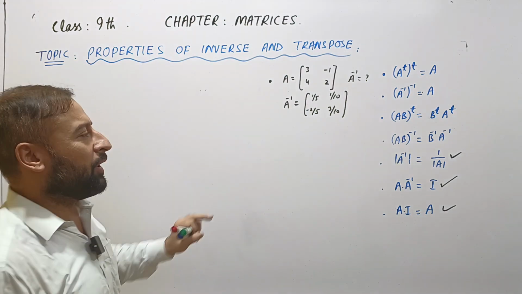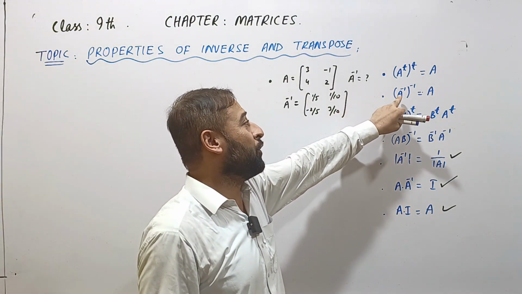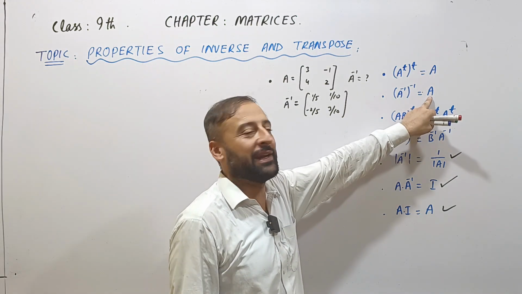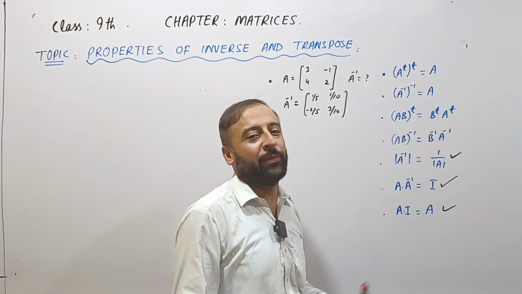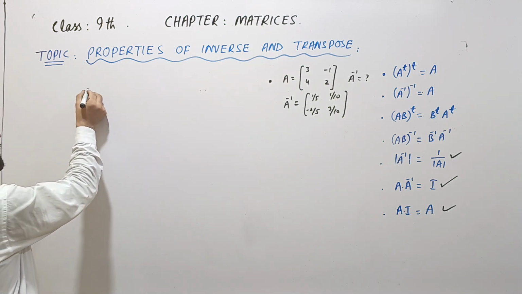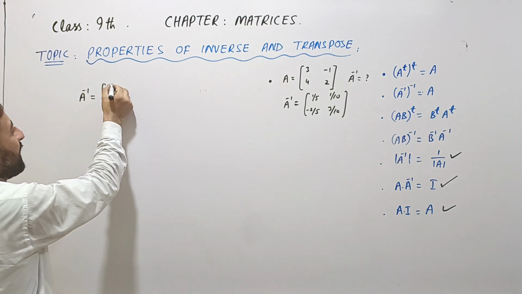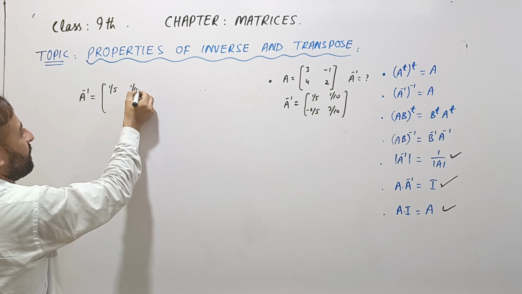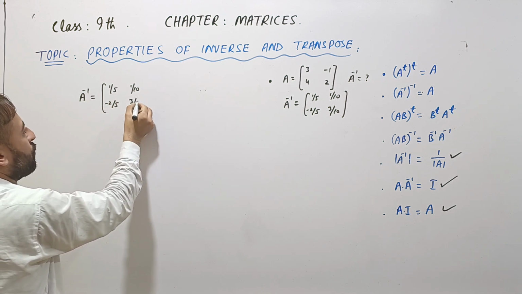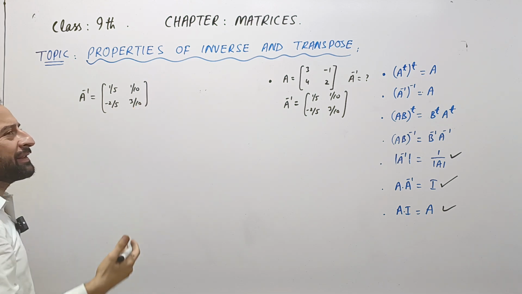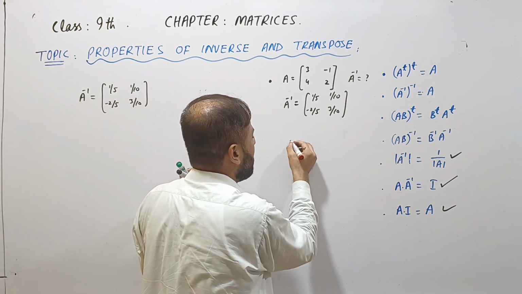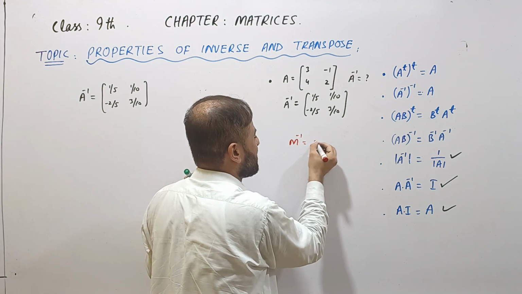Okay, students. Now, what does it mean? If you take the inverse of A inverse, you will again end up with that matrix A. Now, there are two possibilities. One possibility is, my students, that you have this matrix A inverse. So, you can calculate the inverse of A inverse because this formula simply means matrix inverse is equal to 1